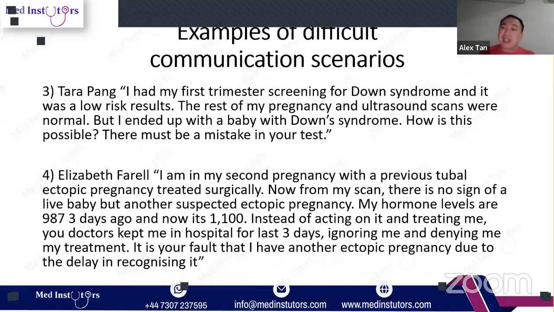When you have something called PUL, pregnancy of unknown location, it is our safe practice in all hospitals here to admit you to hospital, observe you, discuss it with the consultant involved, and plan the right treatment. It's not because we delay a treatment, it's because some treatment changes over time. So we have to admit you, observe you, and see how things turn out before giving you the appropriate treatment. Understand that you may think that we're delaying you, but it's not what it is. And I'm sorry for how you feel.